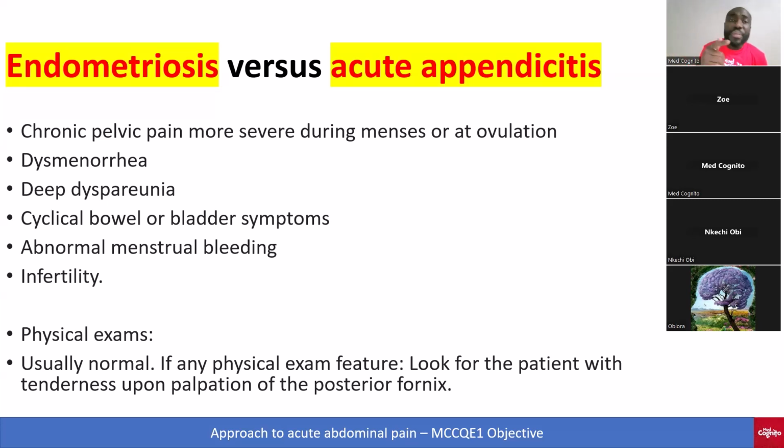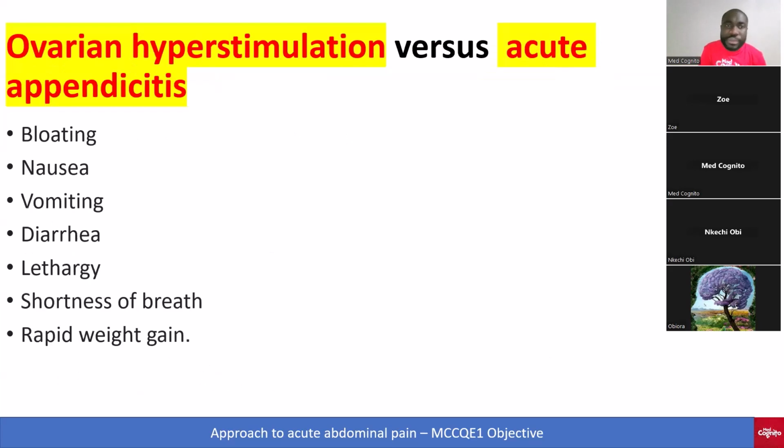Usually, in endometriosis, the exam is normal, unless maybe you do a vaginal exam and you palpate the posterior fornix and the patient may have some tenderness. But most of the time, endometriosis physical exam is normal. Now, let's talk about another very important differential, ovarian hyperstimulation syndrome, so that when you see it in your board,